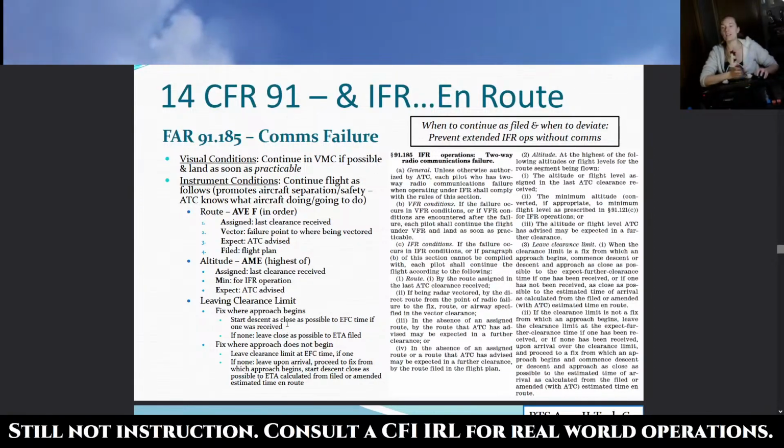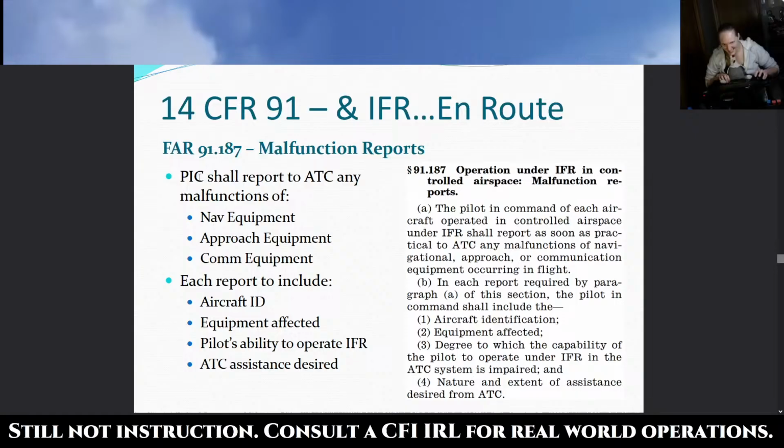Basically, our clearance limit often is going to be the airport, our destination airport. So if we're en route and our clearance limit is just the airport, according to this procedure we would fly directly all the way to the airport. That is potentially not where an approach begins. So if we got an expect further clearance,